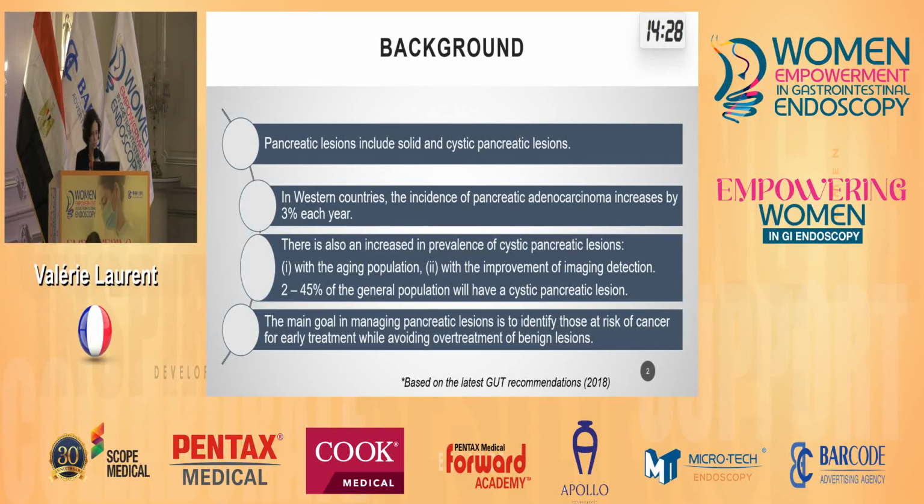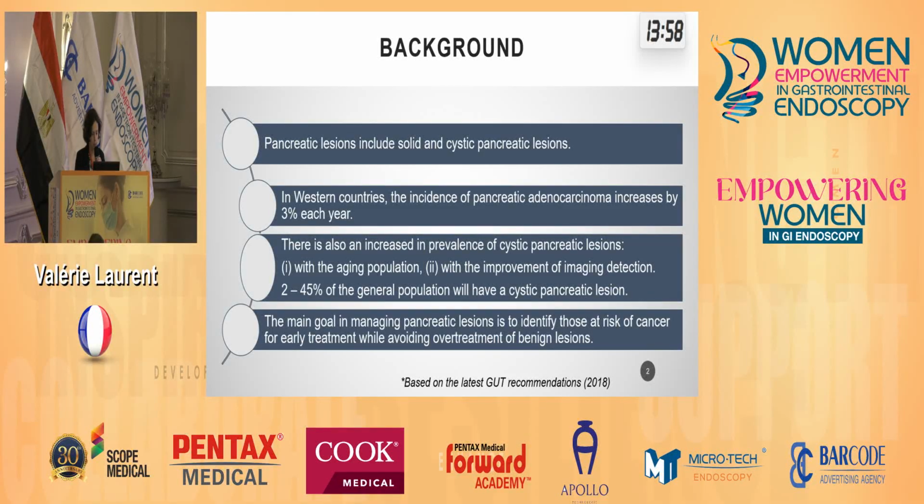They are increasing. In Western countries, the incidence of adenocarcinoma increases by 3% each year, and we estimate between 2 to 45% of the general population will have a cystic pancreatic lesion during their lifetime. It is due to the improvement of imaging detection and the aging population. The main goal in managing pancreatic lesions is to identify those at risk of cancer for early treatment while avoiding